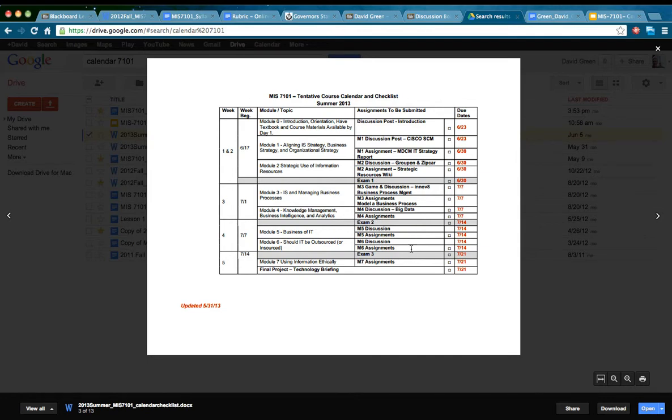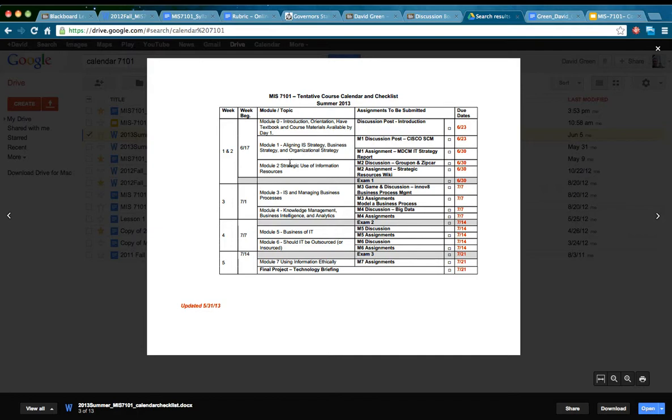This is a 5-week accelerated course. You have assignments that are due at different times. The first 2 weeks are going to be a little bit different because, I realize, it is a 5-week course and it takes some time to get started. You should have your textbooks available, but the first week I expect you to do the introduction as soon as possible, which is part of the orientation, and then complete module 1 and 2 within those first 2 weeks.